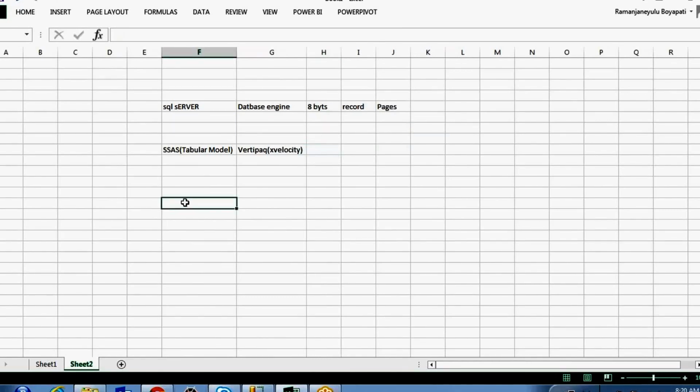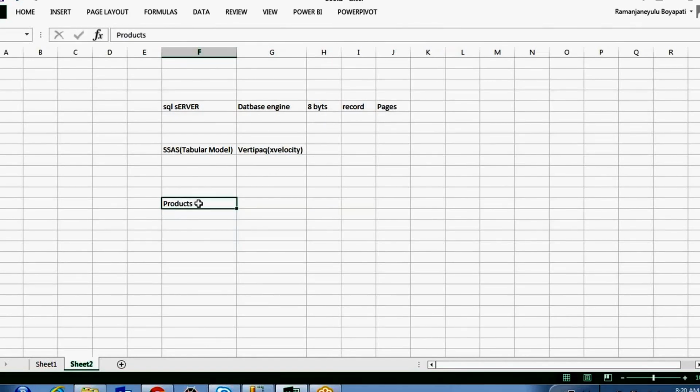For example, I have data like this: a product and its sales amount.